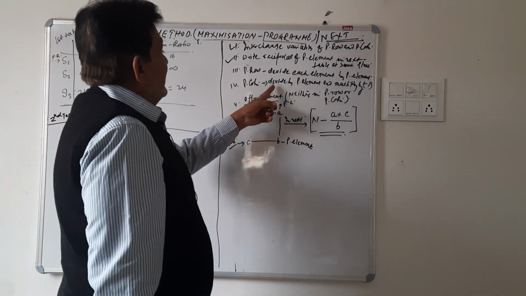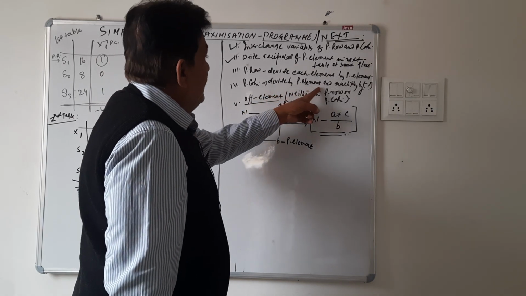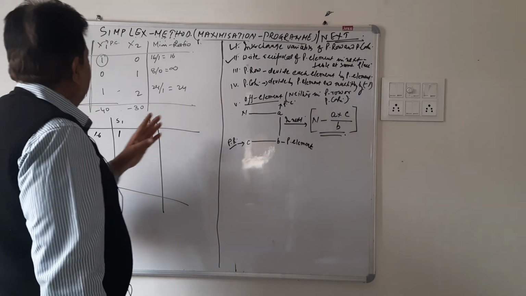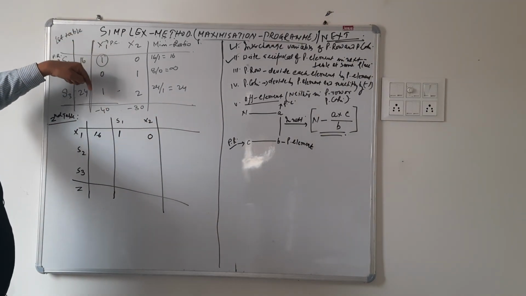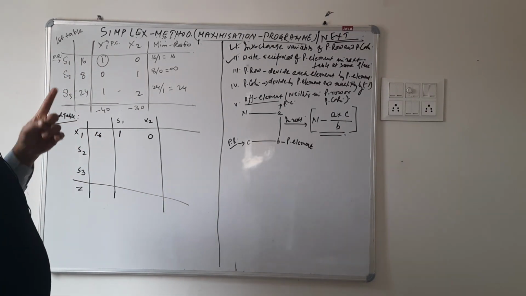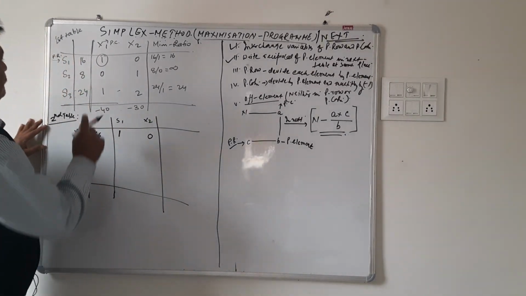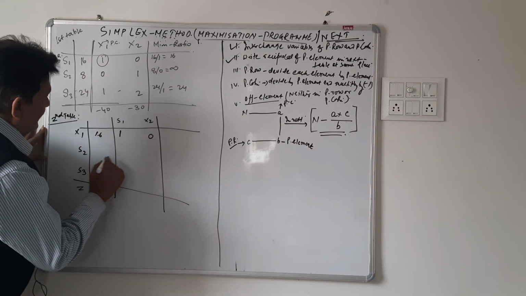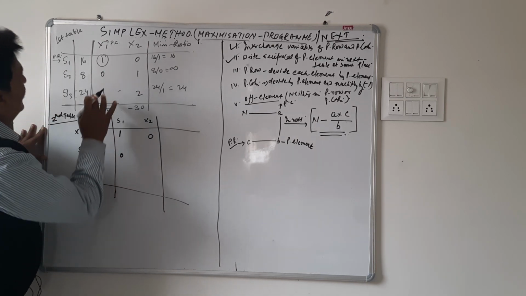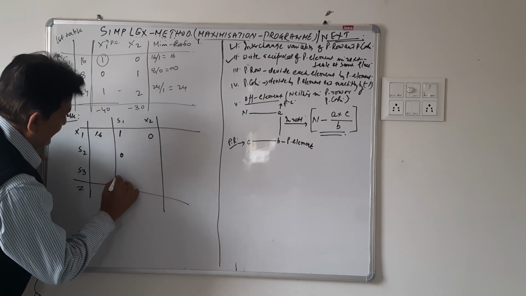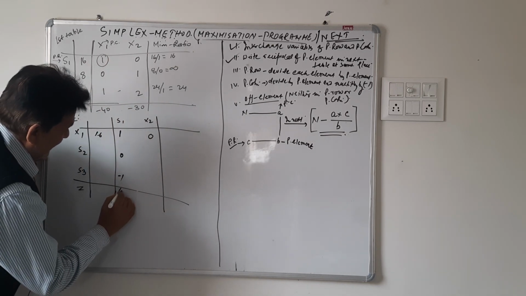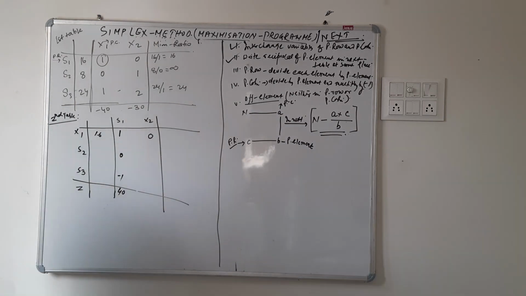It says that divide by pivot element and multiply by -1. Once again, this rule says that divide each element of pivot column by pivot element and multiply it by -1. So, 0 by 1, 0 and minus, we don't keep minus with 0, and 1 by 1 and minus, that is -1, minus 40 by 1 and minus, it becomes 40.